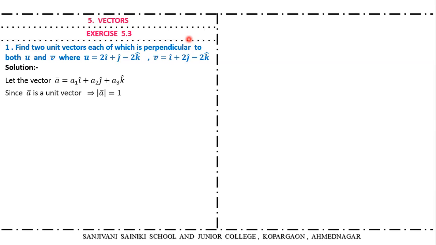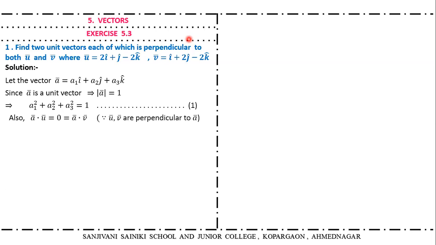Now, since we want a unit vector, the magnitude of the vector must be equal to 1. So modulus of a bar is equal to 1. So a1 square plus a2 square plus a3 square must be equal to 1. This is our equation number 1. As